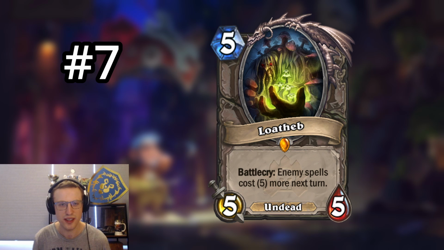And at number 7 we have Loatheb, a 5 mana 5/5. Battlecry: enemy spells cost 5 more next turn. So this card is very old, but it was really good. Back then it got released almost as a counter to Miracle Rogue, which was kind of the best deck. And when the opponent played something like Gadgetzan, you could play this as a counter, then they couldn't draw with it. But really what turned out was that this card basically got used by Miracle Rogue better than